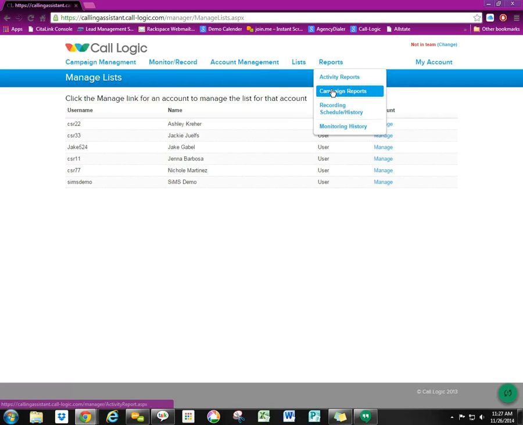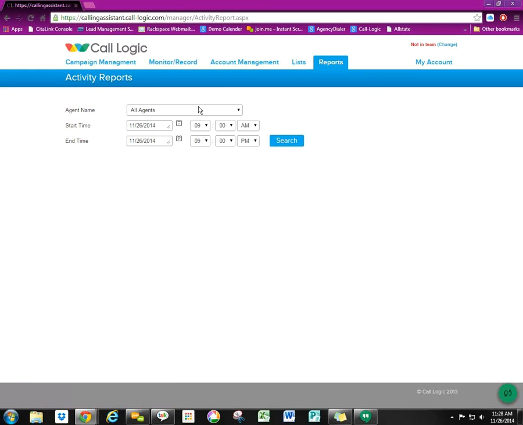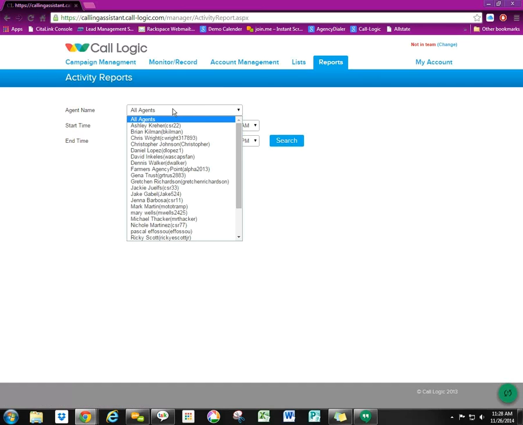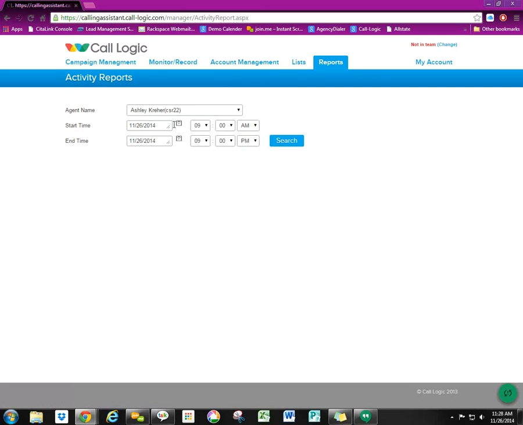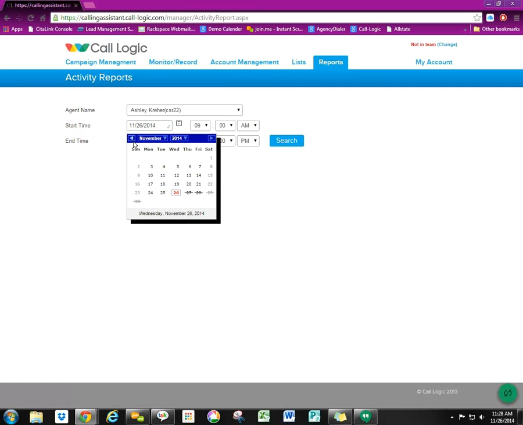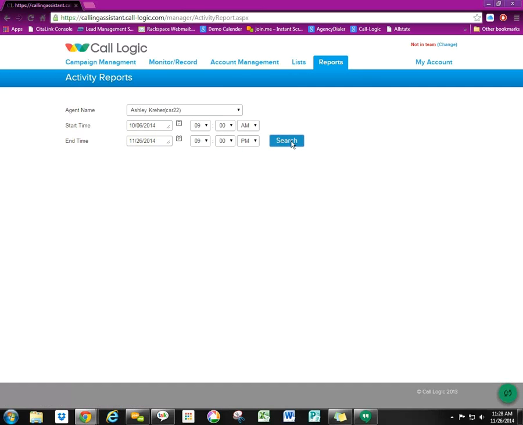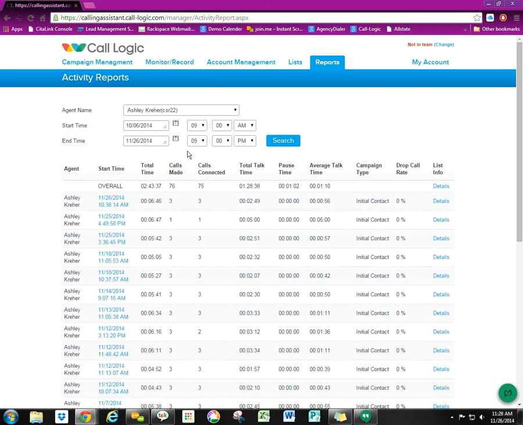The activity and campaign reports basically work as just an overview of what's going on. The activity reports break it down per detail in the sense of how many times they're logging into their accounts, making campaigns, logging out. I can do a report for all of my agents, or I can go into one of my agents. Say I wanted to see what Ashley's been doing over the last week or so. I can go ahead and do that, pull open that list,